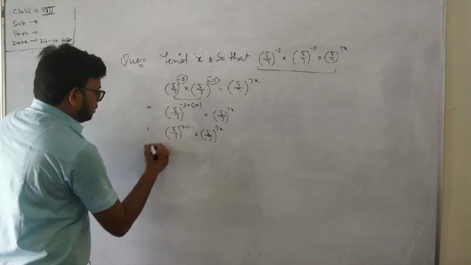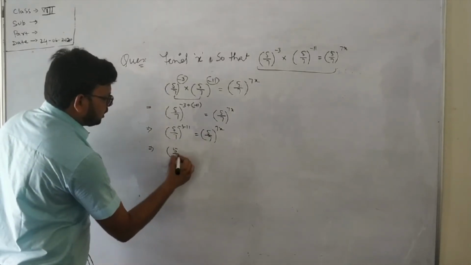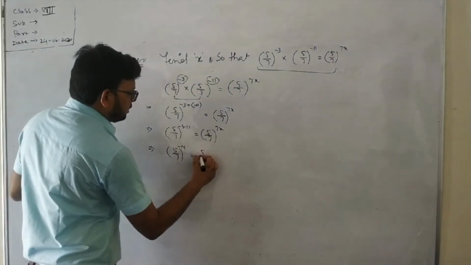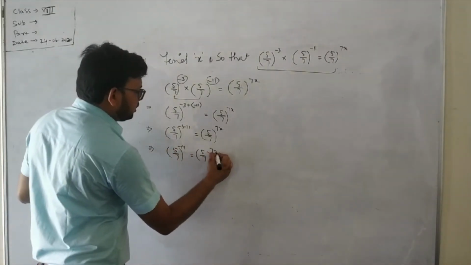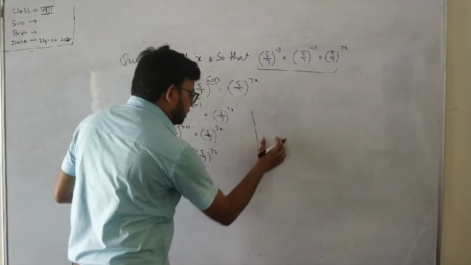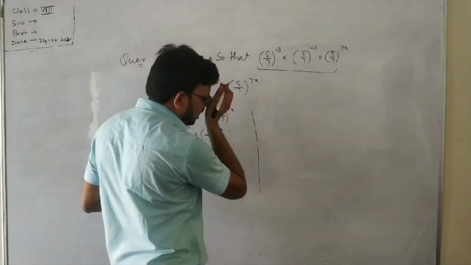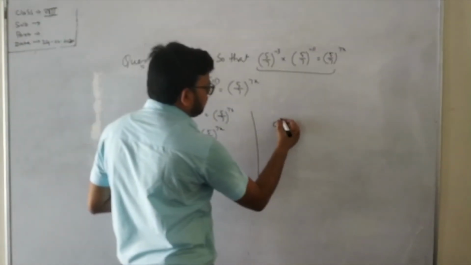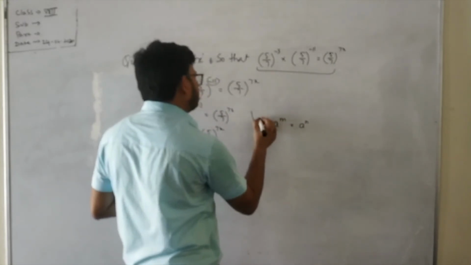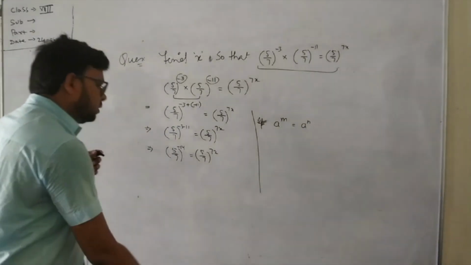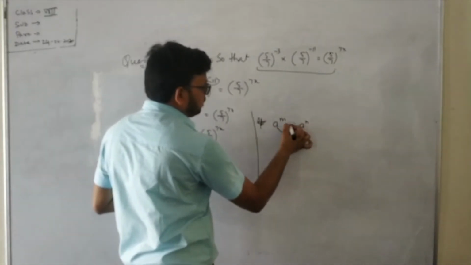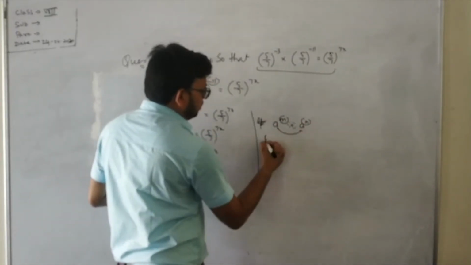ठीक है, 5/7 टू द पावर -3 -11 -14, 5/7 इक्वल्स टू 5/7 to the power 7x. ठीक है, एक चीज देख लो, एक कंसेप्ट है कि अगर in an equation if a to power m is equals to a to power n, है ना, अगर किसी इक्वेशन में अगर बेस सेम है और बीच में हमारा इक्वल टू का साइन है, तो पावर भी सेम होता है।